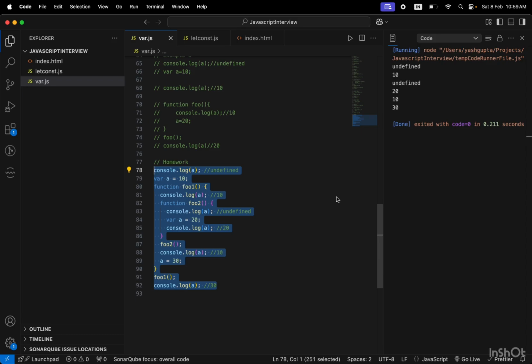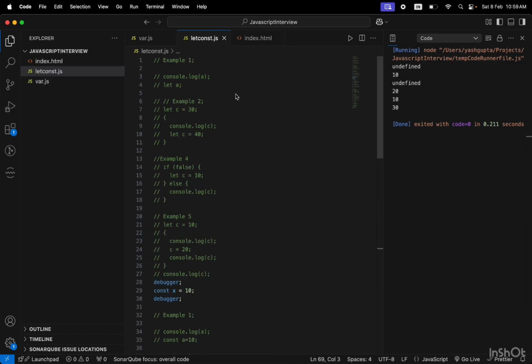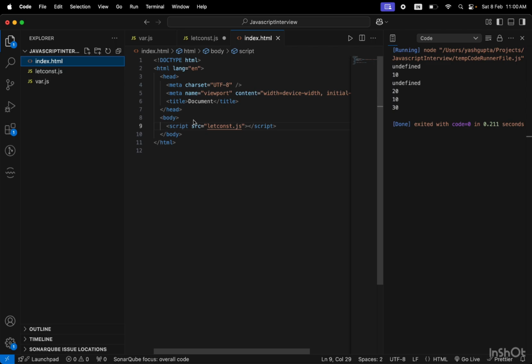Now we will discuss the top content and top questions on let and const variables. So without wasting time, let's get started. I have added this letconst.js file and examples in this file. I am commenting all the things over here, and I have also made an index.html file where I have included this file in the script tag so that I can show you the runtime environment live on the live server. Live server is an extension you can find